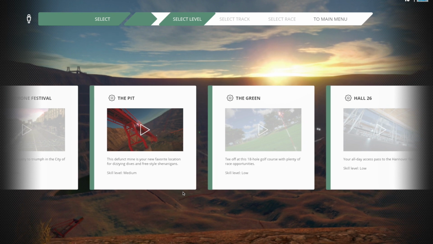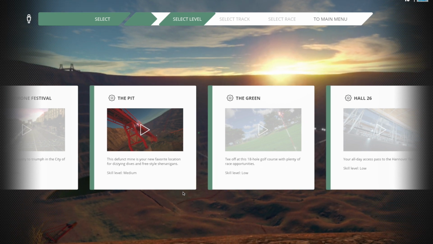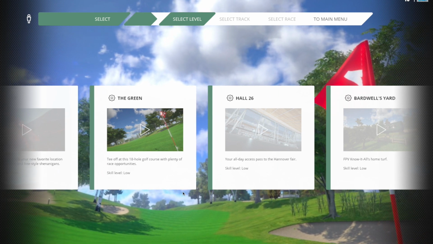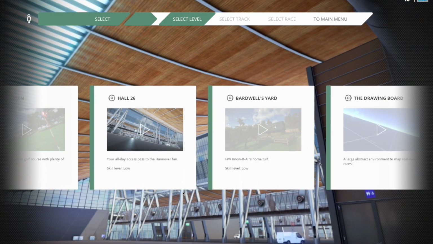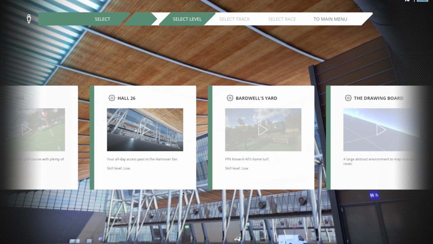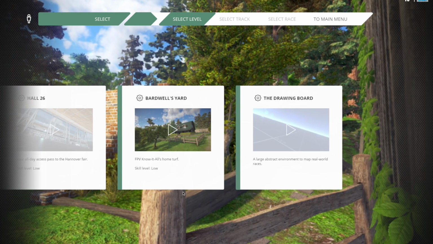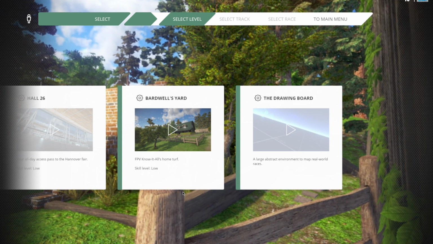Paris Drone Festival, the pit is kind of fun. It's just a huge, big mining pit. The green is a big golf green and so forth. You have lots of things to fly around there. Hall 26 is a new one if you've been using Liftoff for a while. That's also part of the Hanover area, but it's an indoor flying section. And Bardwell's Yard.